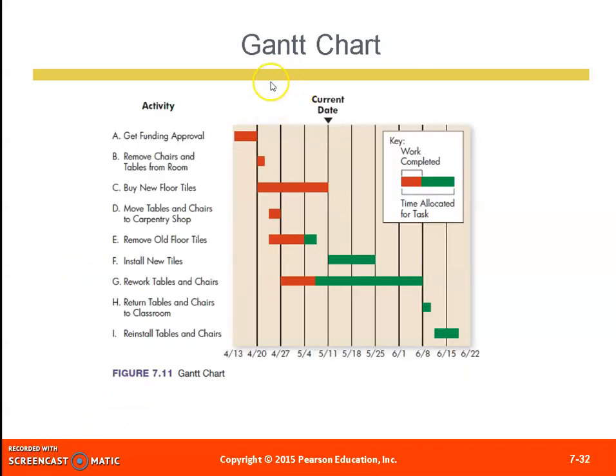So this is an example of a Gantt chart. You have all the activities over here, and you have this legend over here. Say the red one is the work completed, and the green one is the time allocated for each task. For example, you have getting fund, from 13th of April up until 20th of April. And then this one, the time allocated is from 27th of April up until 8th of June, for example, for reworking tables and chairs, but it has been completed by the 5th or 6th of